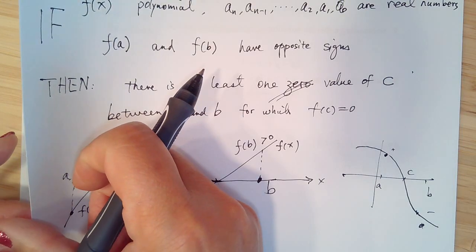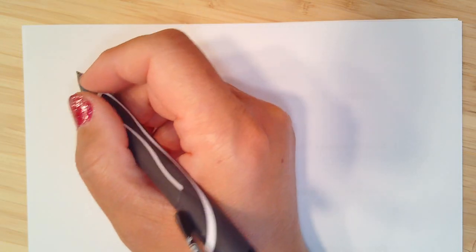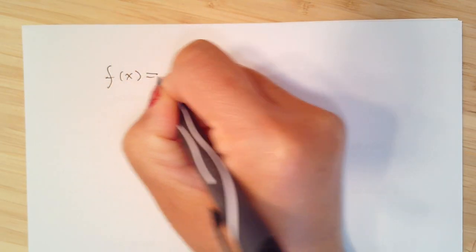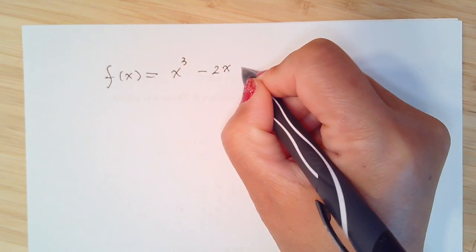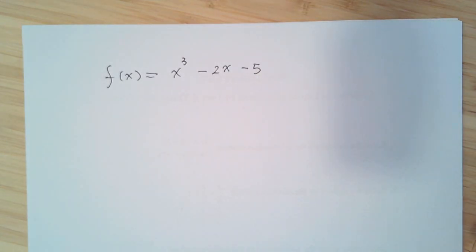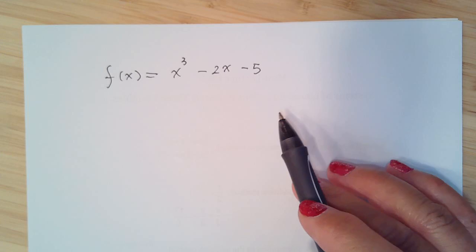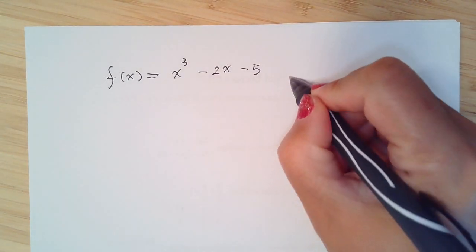Okay, now let me give you one example here. Use the intermediate value theorem, the one we just learned. I give you the function f of x equals x cubed minus 2x minus 5. I would like you to use that theorem to show me that this function has a real 0, or at least one real 0, between